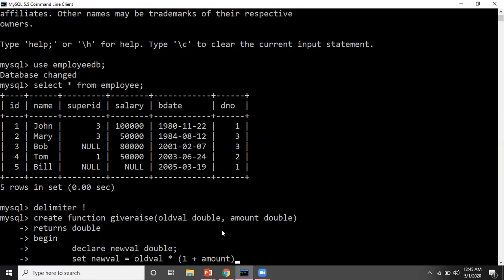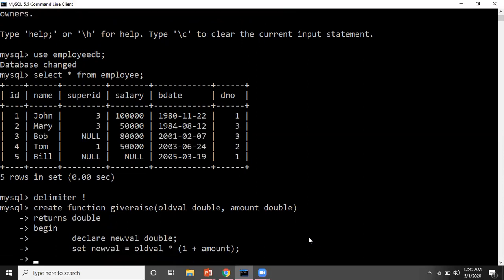It's just for giving the raise. So whatever value I pass here in amount and old value, it will do old value into 1 plus amount and place it in new value. Fine. And then I will return new value. So return,